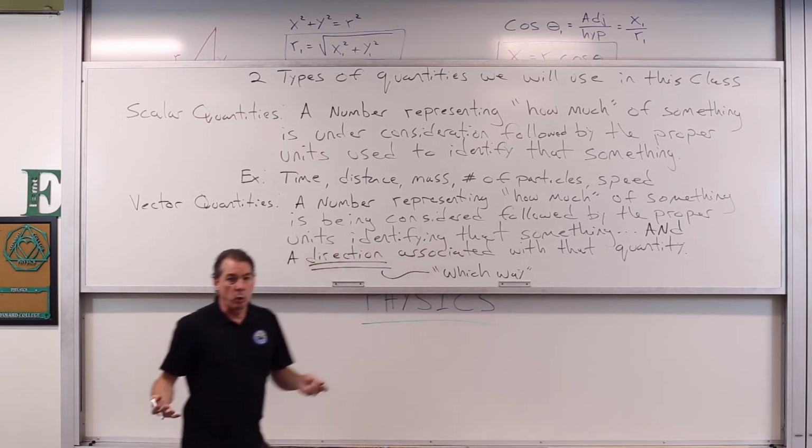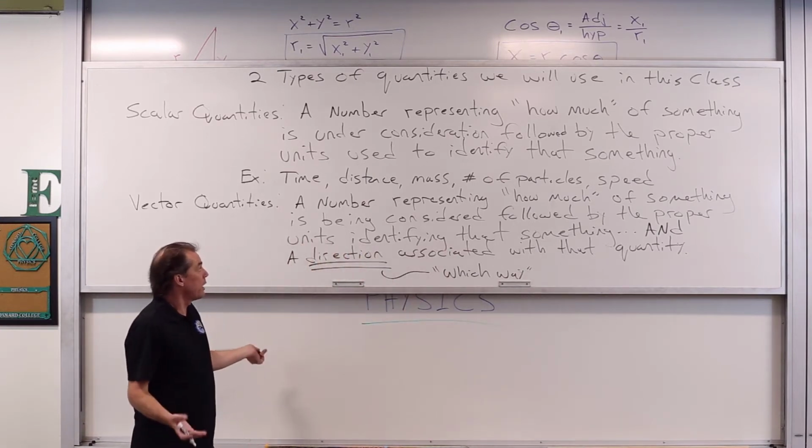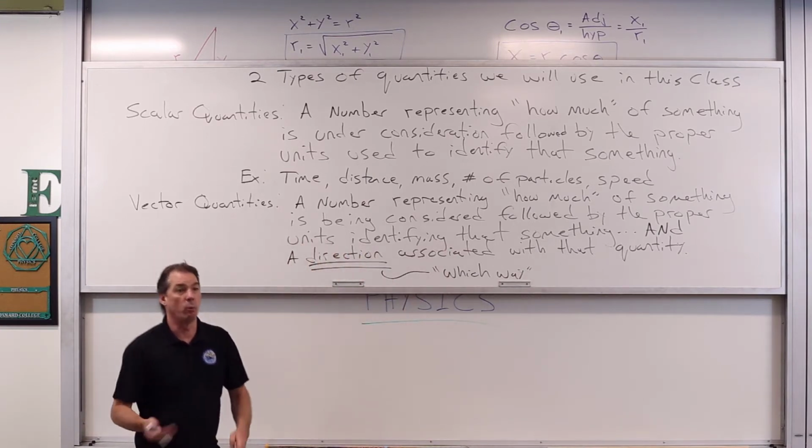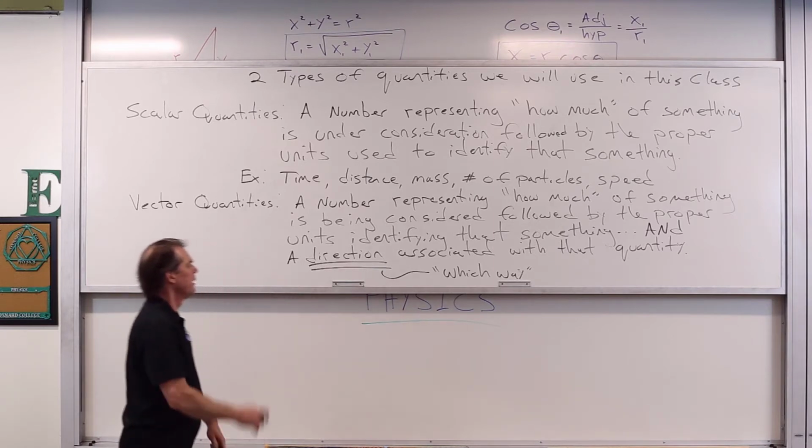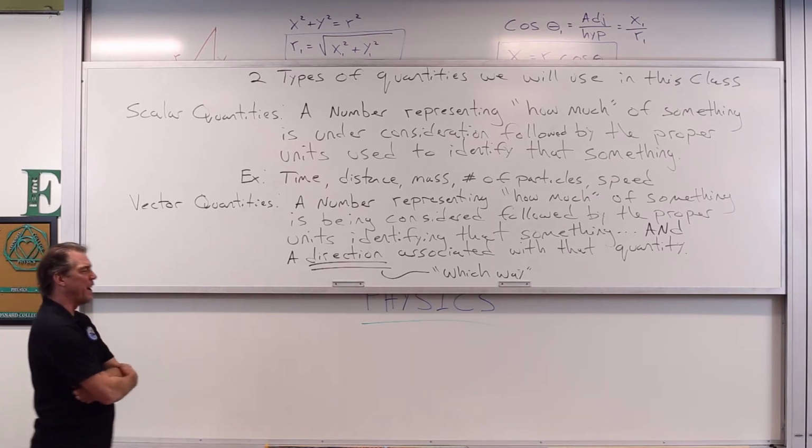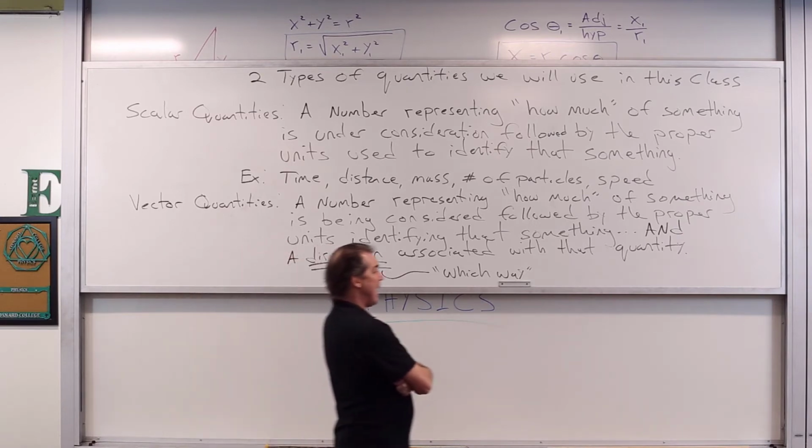To have a vector quantity, we have to have those two things. How much of something and which way is associated with that something. So what are some types of vector quantities that we may have? Well,